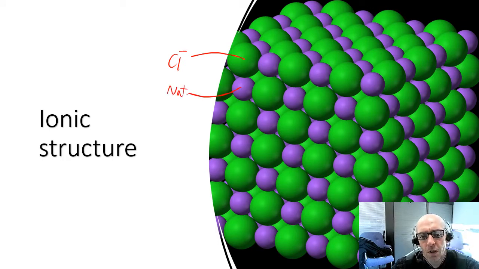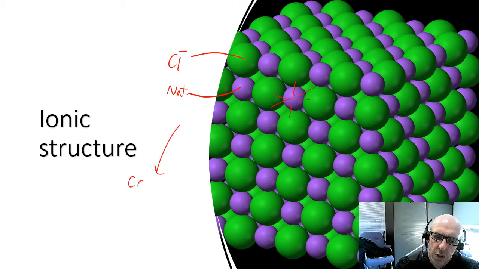The sodium's coloured purple here and the chlorine's coloured green for this diagram's purpose. And because of that, these attractions in all directions, here's one attracting there, there, there and there. I shouldn't draw lines really because those are covalent bonds, but those attractions in all directions, forwards and backwards. Then we had it that this builds into a giant crystal